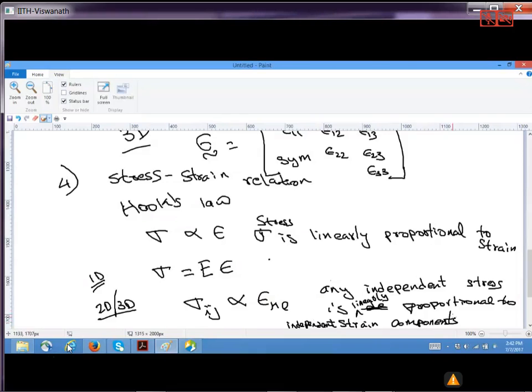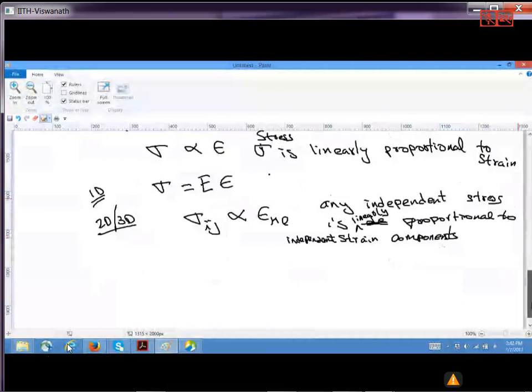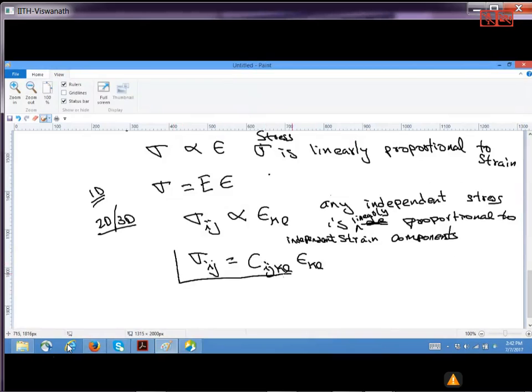So by introducing proportionality constants, we can say that sigma ij is equals to C ijkl epsilon kl. This is your stress strain relationship for a generic 2D or 3D case,